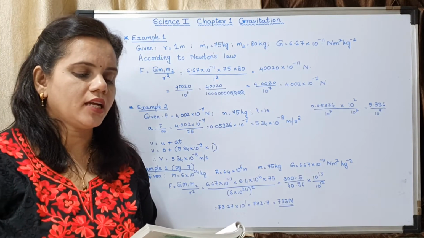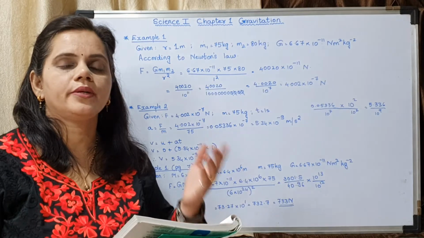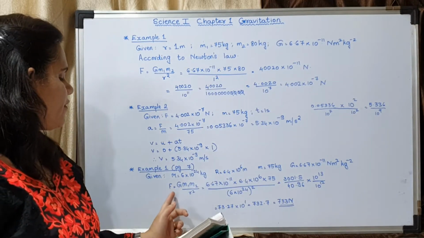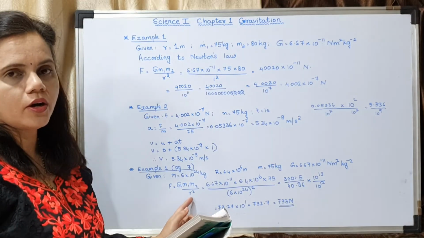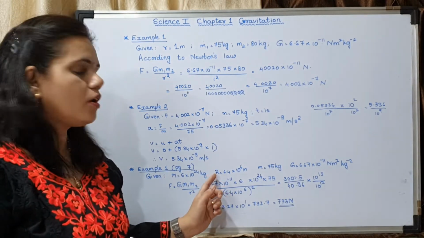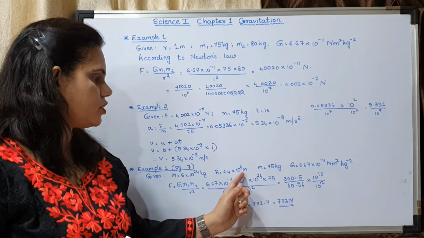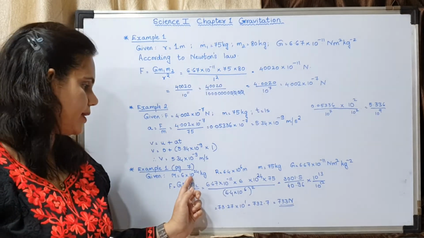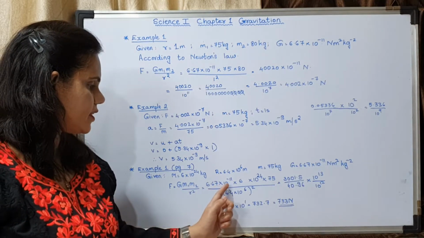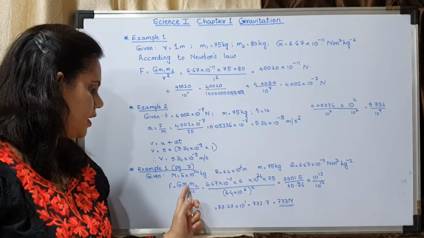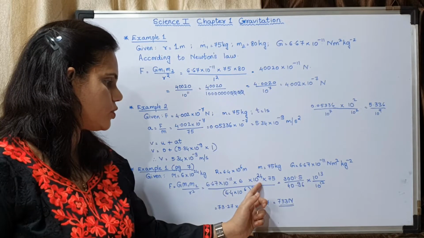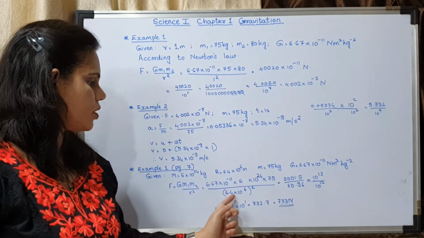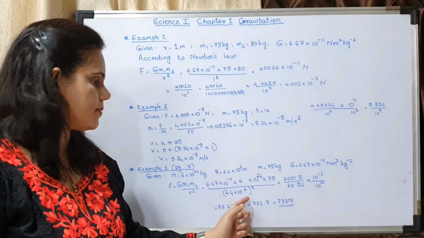Now you have to calculate the gravitational force between the Earth and Mahendra. You have to take the equation F is equal to G m1 m2 upon r square. The value of r is 6.4 into 10 raised to 6. Mass of Earth is 6 into 10 raised to 24. So 6.67 into 10 raised to minus 11 is G. M1 is 6 into 10 raised to 24. M2 is 75. R is 6.4 into 10 raised to 6. So